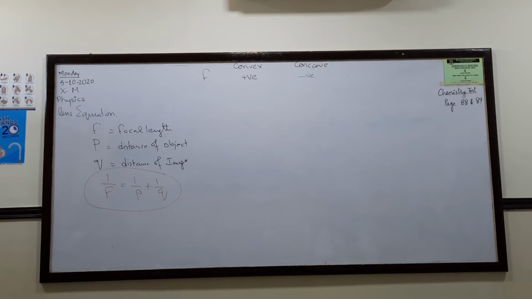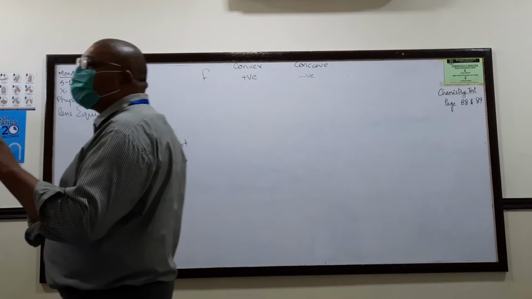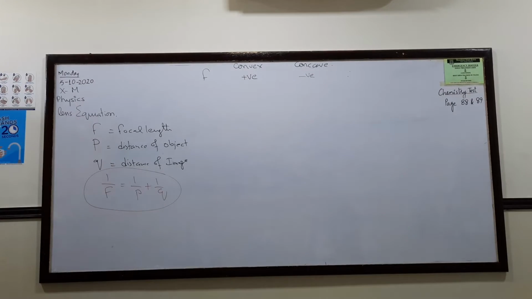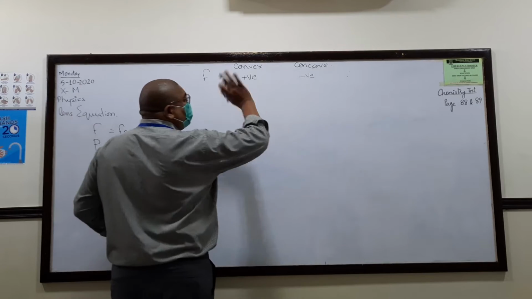Don't forget it, okay? Because some students get it confused. So don't get it confused in your mind. You should remember that for mirror it's different and for lenses it's different. Okay? Then this is for focal length only,